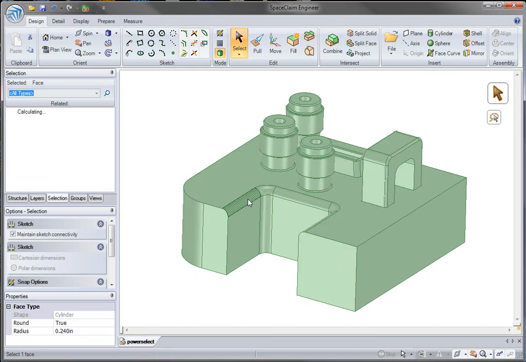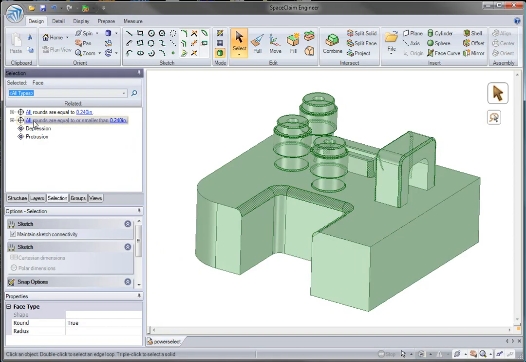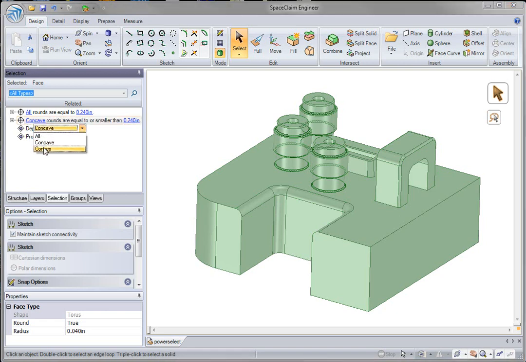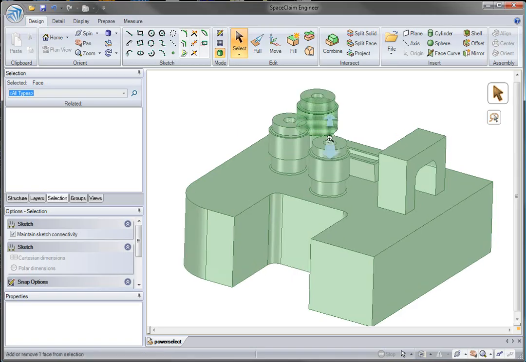So also what we can do is select on a round and modify the way SpaceClaim searches for it. So let me expand the side window, and notice that we can specify a size to search for, or have it find all the rounds, or just the concave ones versus the convex ones. And I'll type in a new size. So now we can use this to remove things on the model, and we'll fill those in, or we could